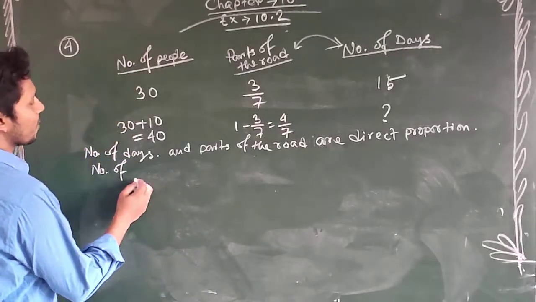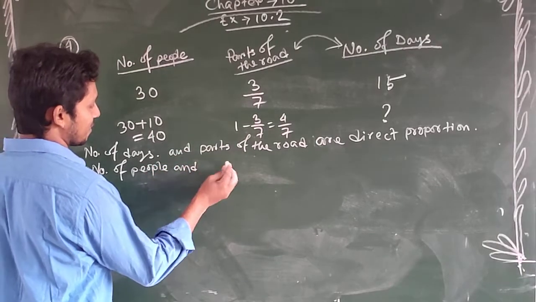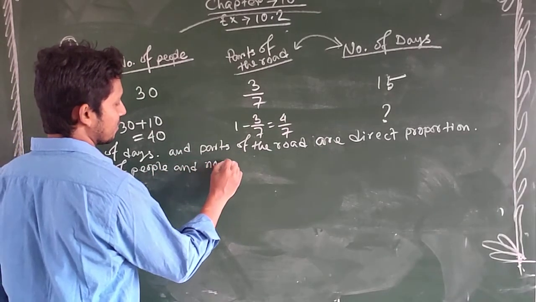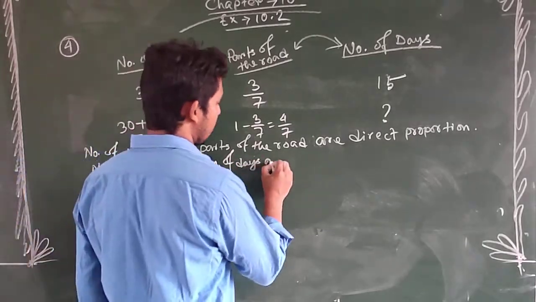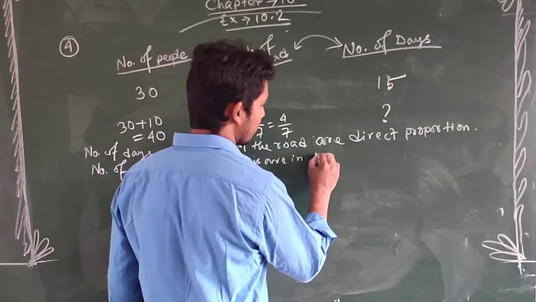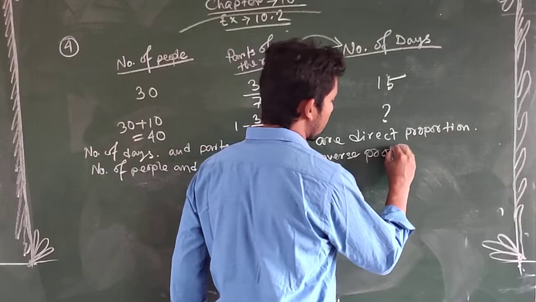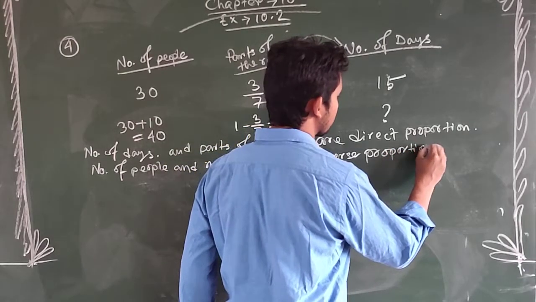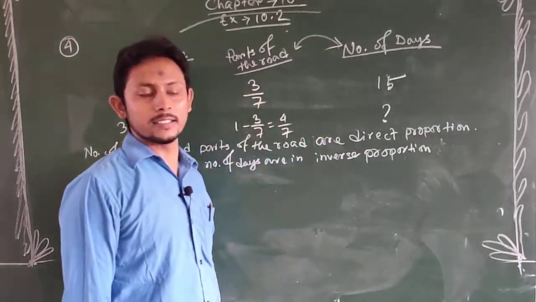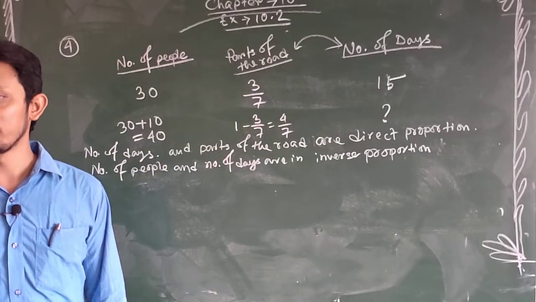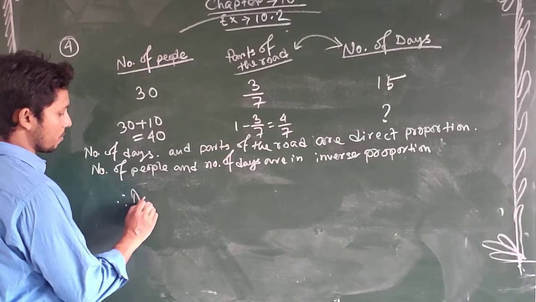So here number of people and number of days are in inverse proportion. So there are 2 proportions, but in the last 2 questions we have just got the inverse proportion in both of the relations. But here we need how many days are required. So days required,